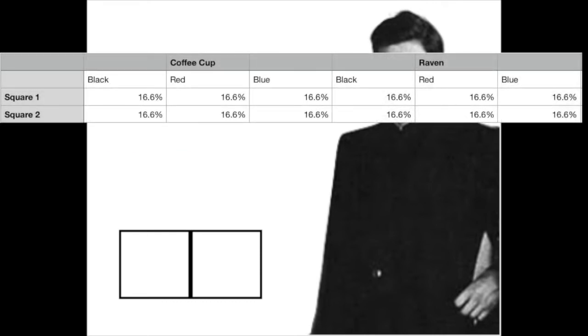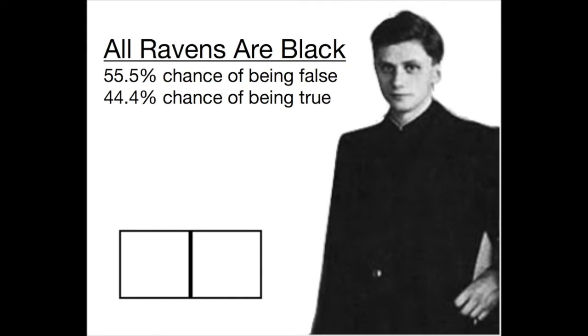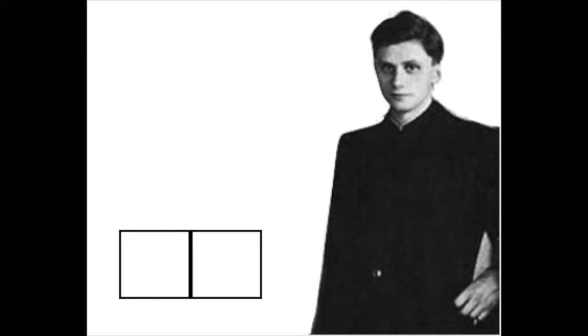Now, 20 of those 36 options would include at least one red or blue raven, which means that we know there's about a 55.5% chance that it's false that all ravens are black. That means there's approximately a 44.4% chance that all ravens are black is true. Now, if it's true that a non-black non-raven is evidence for the statement that all ravens are black, we would expect that the probability of the statement being true increases and the probability of it being false decreases if the first box is revealed to be a non-black non-raven. And in fact, that's what we see.